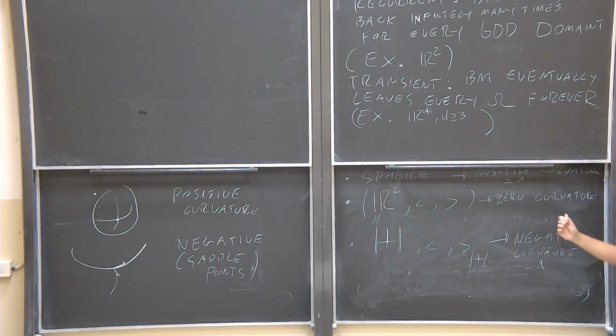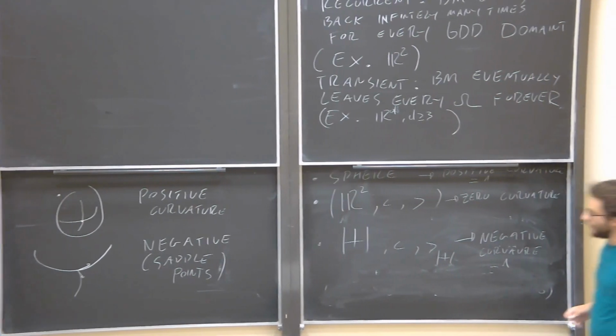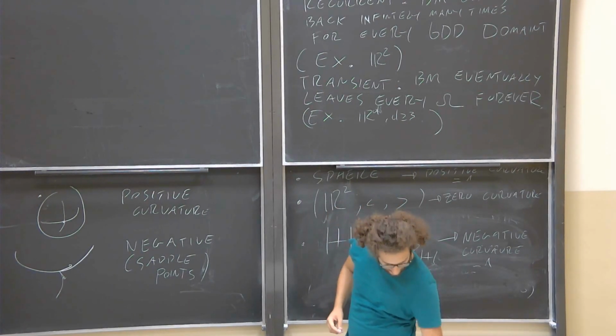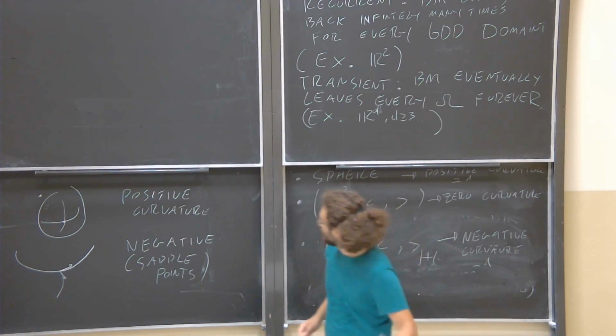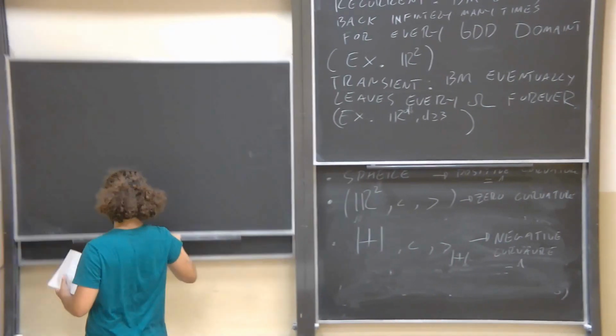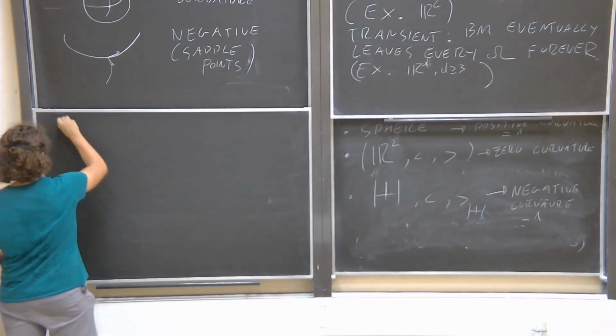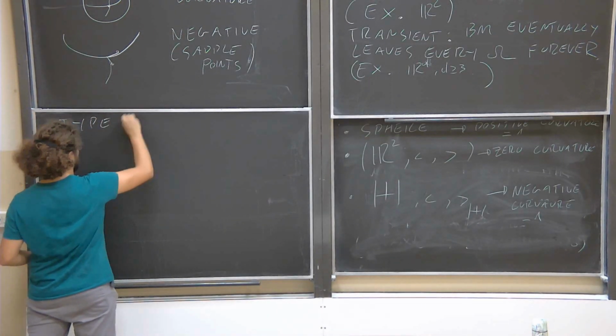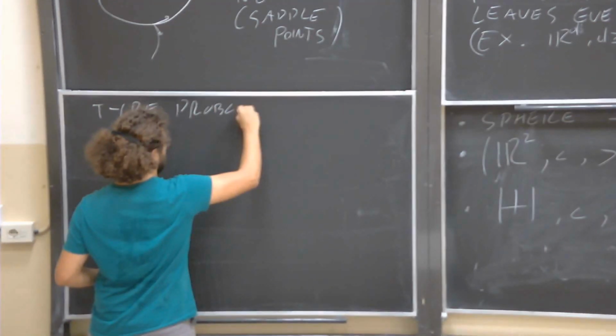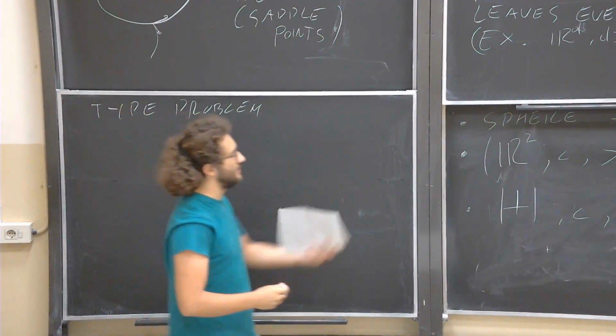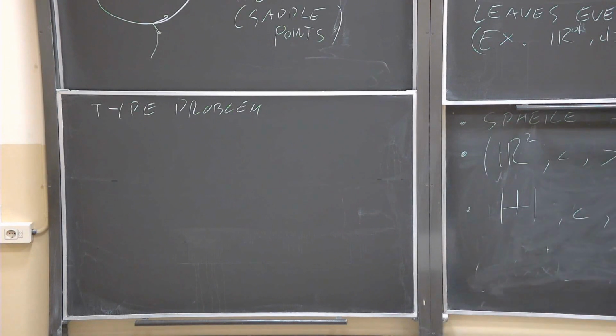So we have our uniformization theorem, which tells us that all the spaces can be transformed like this. The point is this. There's a classical problem, which is called the type problem. What does it mean? It means that if I give you a manifold, in this case a surface, I want you to tell me which of these three classes it belongs to.